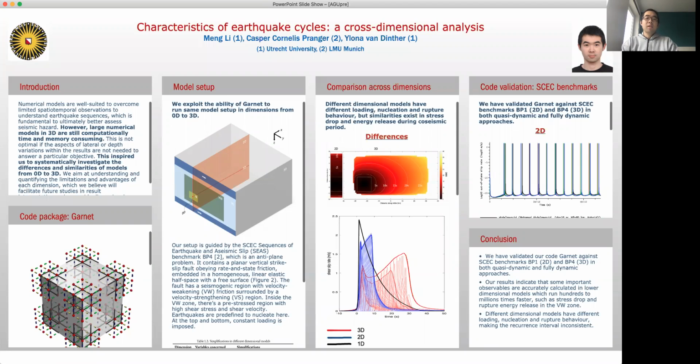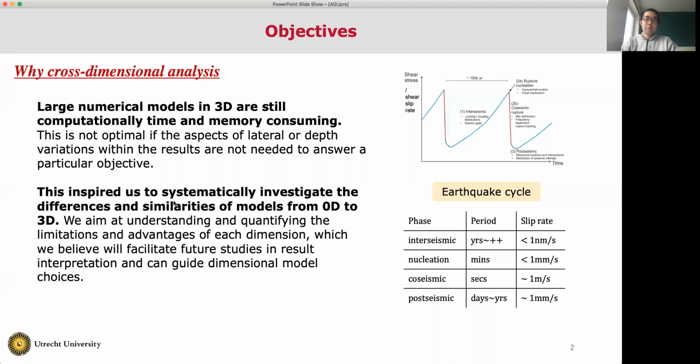So our project is working on numerical models for earthquake cycles, and there's always a common concern that large numerical models in 3D, in fluid dynamics, although they are very good and numerically accurate, are too time and memory consuming in terms of computation. Also, it might not be optimal if the aspects of lateral depth variations in the results are not needed